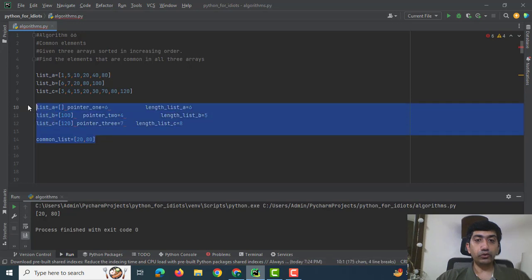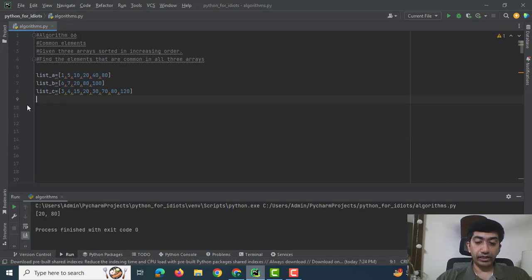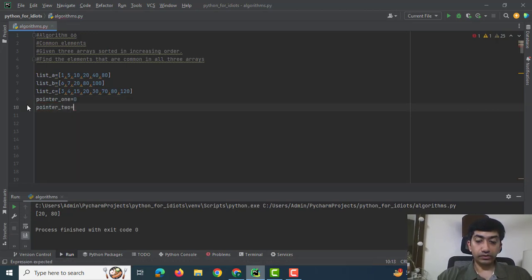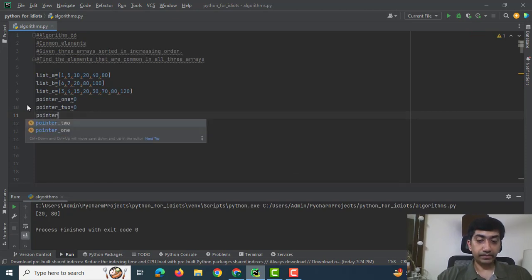So now that I've explained to you the pseudocode, let's make the actual algorithm. I would make 3 pointers, pointer 1 is equal to 0, pointer 2 is equal to 0, and pointer 3 is equal to 0. These 0 values represent the index numbers initially.